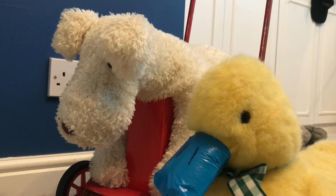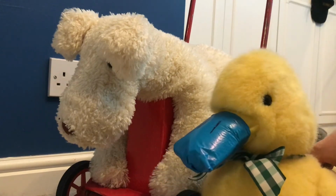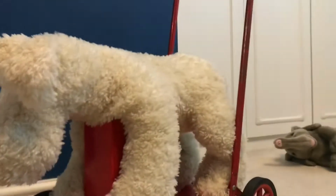But fortunately for me, with a bit of help from my grandparents, they helped me find toys that look very similar to these characters. Now I must tell you that these are not bought like this. So let's have a start with Dog, because he's always mentioned first, shall we? So Dog is a